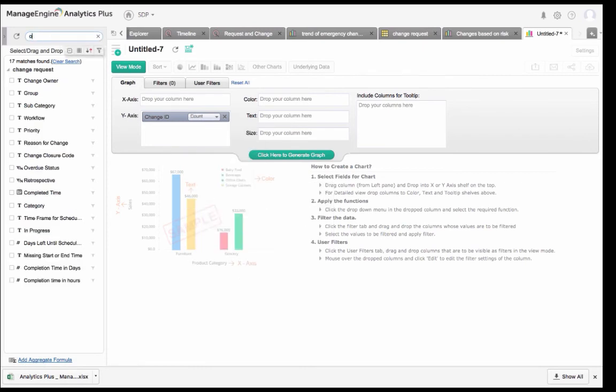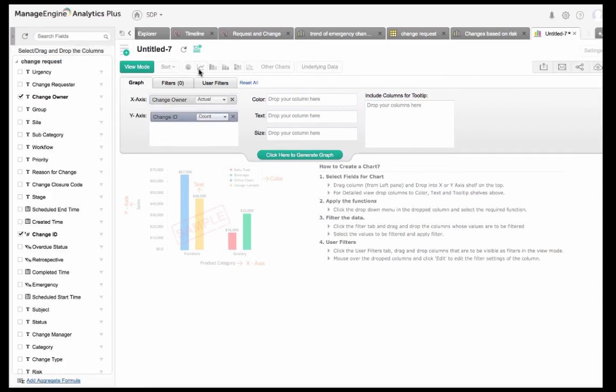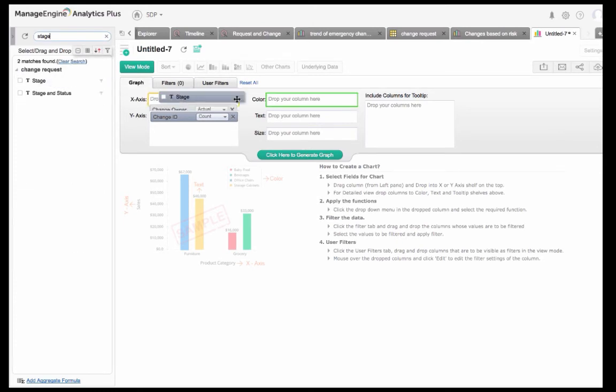I need the change owner field in the x-axis. Let's say that Katrin also wants to see the stage-wise distribution of changes under each change owner. So what I mean is, for example, if under a particular technician A, she wants to see how many changes are in the planning stage or approval stage or implementation stage, etc. So for that, I just add the stage column in the color field, and because she